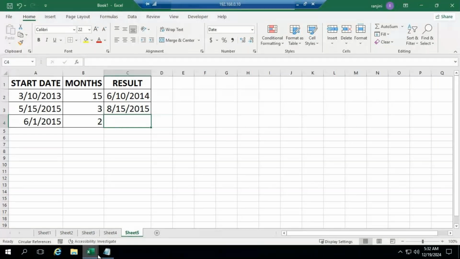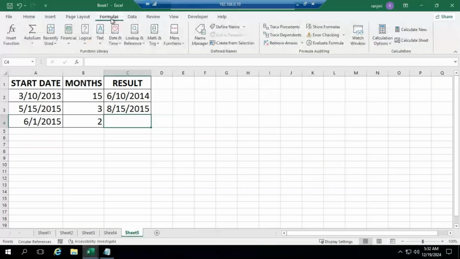So in the formula tab, I've told you about the auto sum function, the text function, the date function, and the mathematical, statistical, logical functions. I've told you about